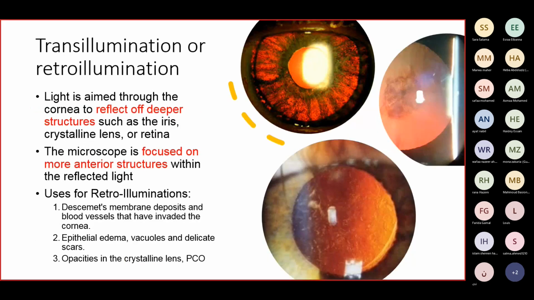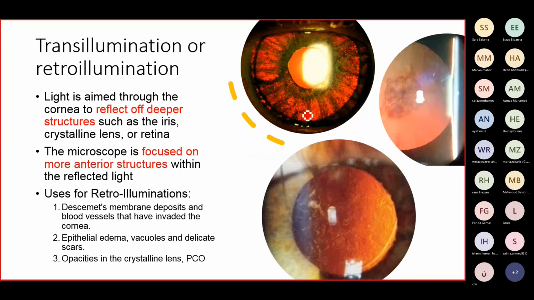Then another method is called the retro illumination or the transillumination. So the light is reflected from deeper structures in the eye, like the lens. When you see the back of the iris, or the back of the cornea, or the back of the crystalline lens, or the back of a lens implant, the capsule, to appreciate PCO, for example, the light is coming from the back of the eye. So it's reddish in color because it's reflected from the choriocapillaris. So this is why it has this reddish view. You may use that to